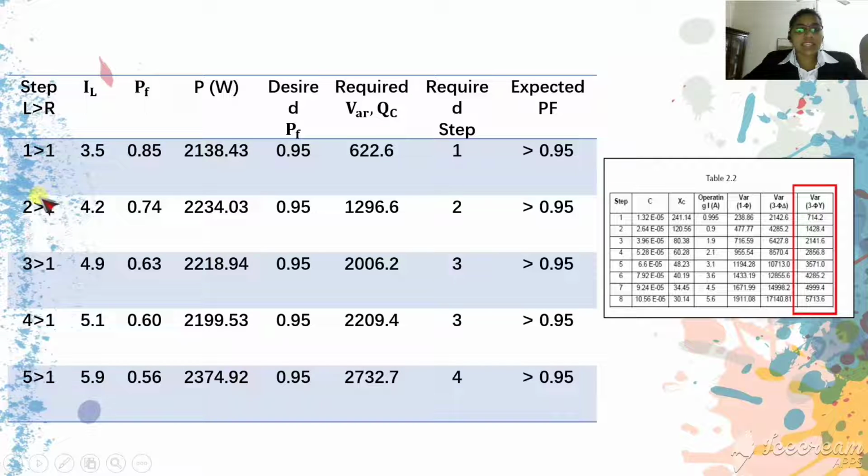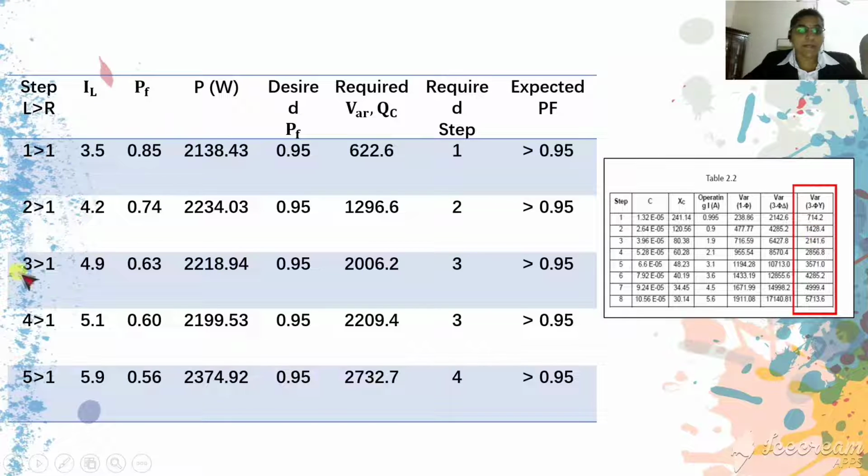Next, secondly, for 2 larger than 1, the IL is 4.2, the operating power factor is 0.74, and we obtained a power of 2234.03 watt. In order to achieve the expected power factor larger than 0.95, closer to unity, we obtain a required VAR QC of 1296.6 VAR. So the required step is step 2, which is closest to